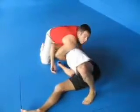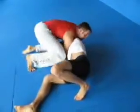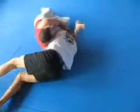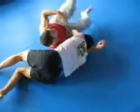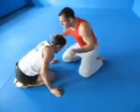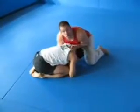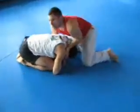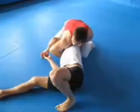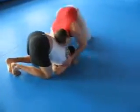If he's here, now it's time to slide through, kill the arm, and get the Brabo, or fall down and get the Brabo here. So, again, you're here, he's very close. You couldn't go through just like this. That's how far you can go. You grab your arm, and now you apply pressure on his neck. Pressure on his neck, he comes up, and now just watch what happens. Maybe you slide through on the back,